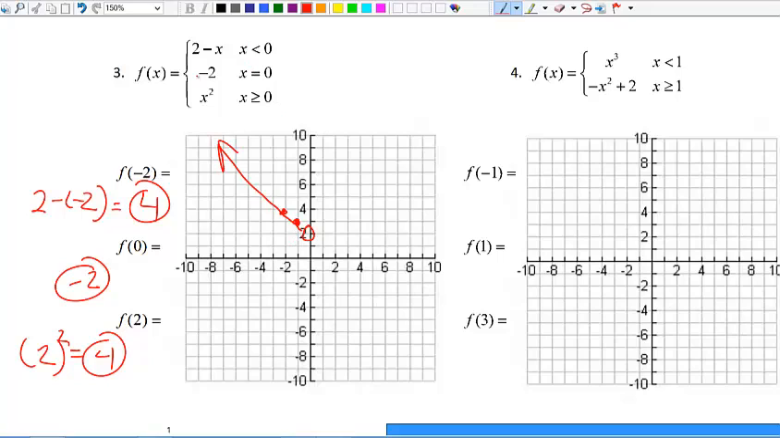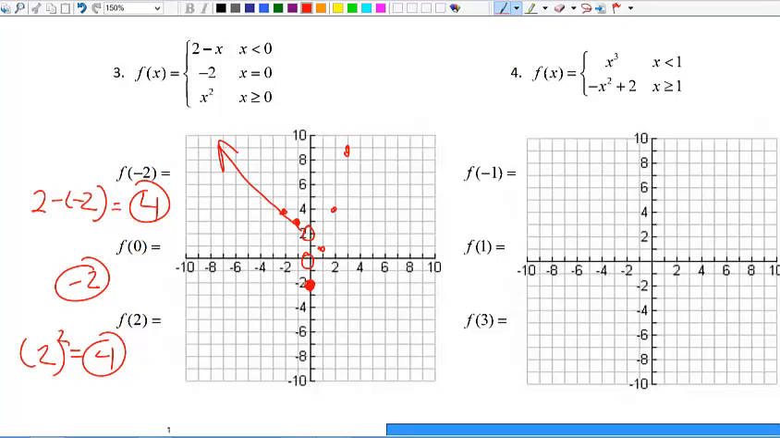Then the middle equation, when x is 0, y is negative 2. That's a closed point at negative 2. And then the bottom equation, when x is 0, I get 0 squared, so that's another open circle there. And then now it looks just like the parent graph. So at 1, 1, 2, 4,